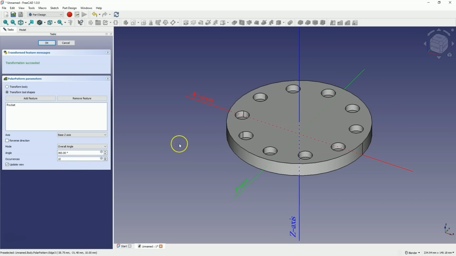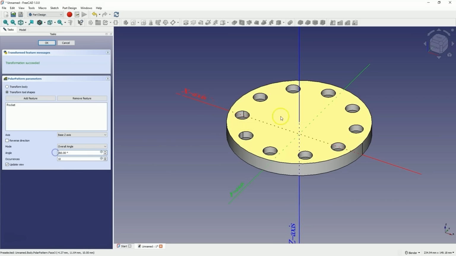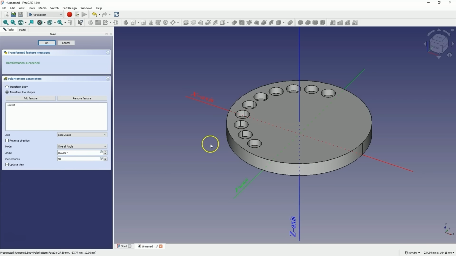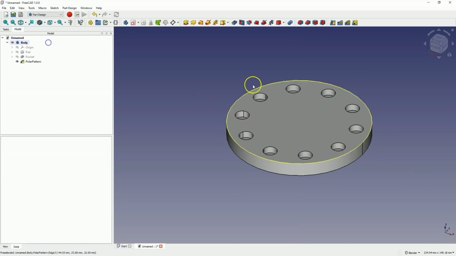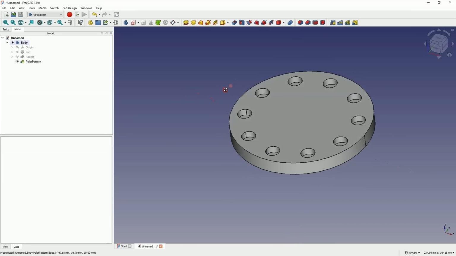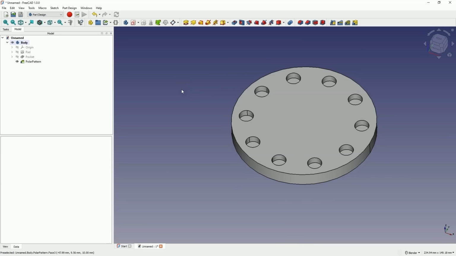And this is what it looks like. Here we can specify the angle. I can change the angle value, and then all elements will be arranged at the angle we specify here. In this case, 10 elements were arranged at an angle of 160 degrees. I will go back to the value of 360 degrees. This operation can also be useful in some cases, and in some situations can significantly ease and speed up the